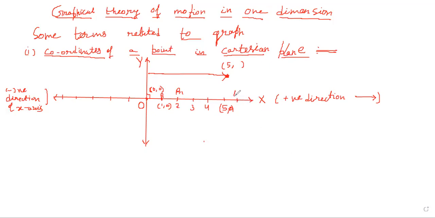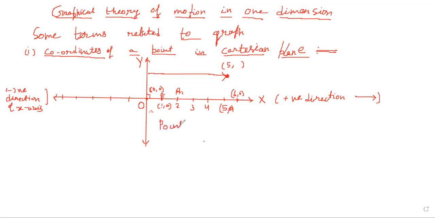Next point is 6, 0, which is 6 units away from the origin along the x-axis and on the x-axis. You can write it in your graph, or you can write it in your mind first. The point which is 1 unit away from the origin along the x-axis and on the x-axis, point A, has the coordinates 1, 0.